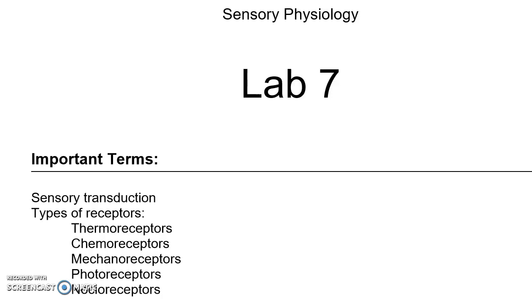Let's take a look at the important terms for the sensory physiology lab. This is also labeled Lab 7. It used to be together with the muscle physiology lab in your lab manual, and then somehow it kind of got lost in your lab manual, but I posted the handout for the sensory physiology lab in your Canvas folder for lab stuff,